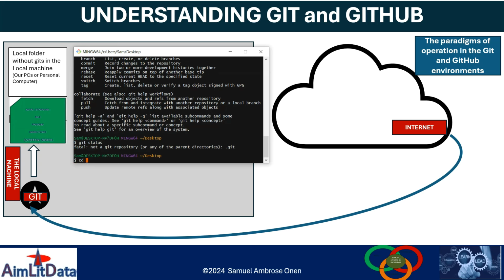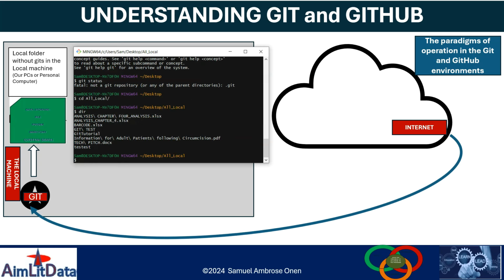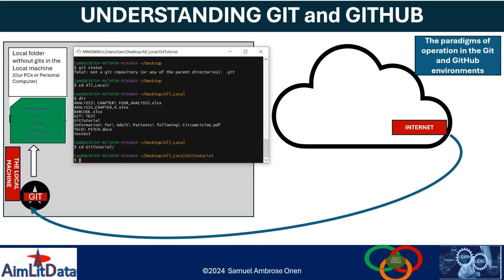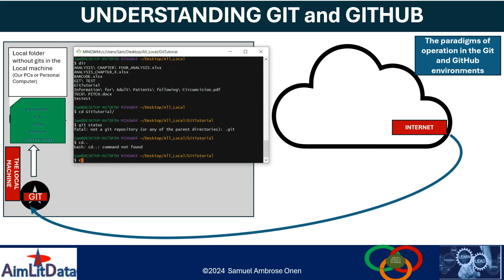If I go to all local directory, we can change directory to our git tutorial. You see, the git tutorial is no longer a master or whatever. It's not sitting on any branch, and git status, you see, is not a git repository. And also we can come out from there